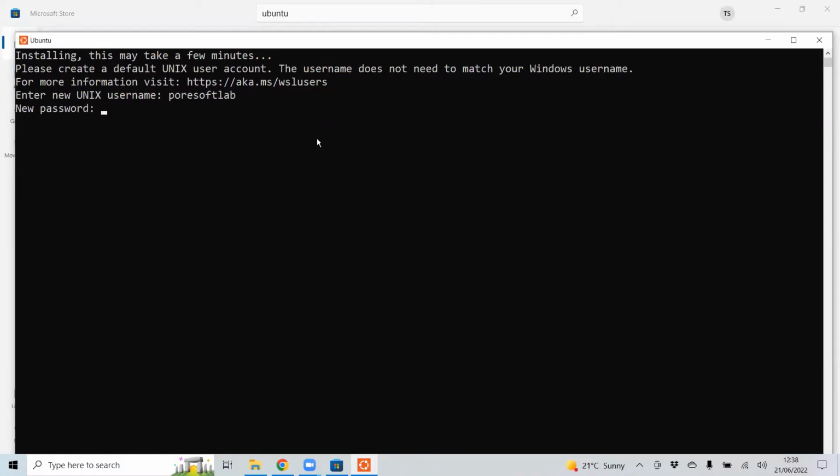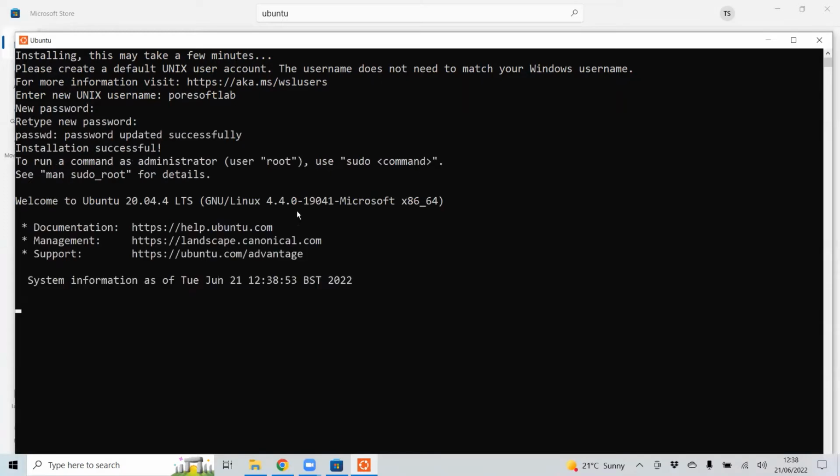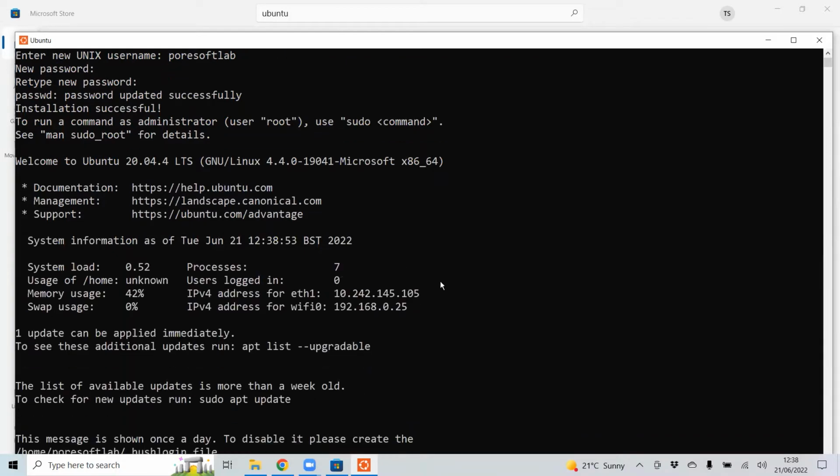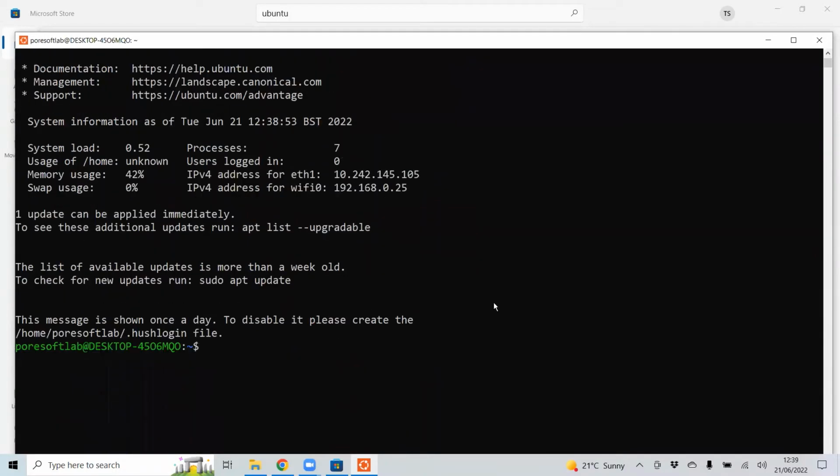Then it will ask us to type a password. When you type a password, you will not see anything like stars. Then type the password again, and it will take some time to configure Ubuntu. And then, as you can see, your Ubuntu subsystem is installed on Windows 10.